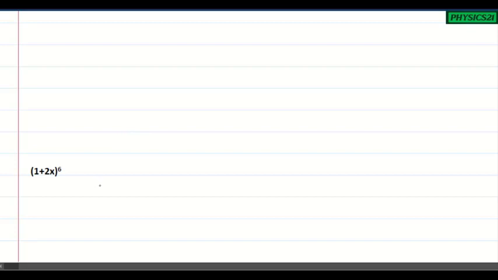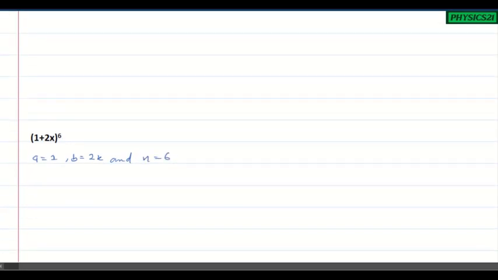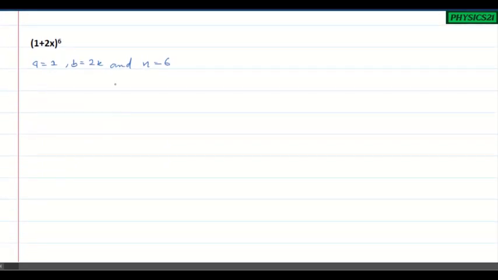In question 3, as we compare with the standard expression (a + b)^n, in place of a here is 1, in place of b is 2x, and finally the value of n is 6. So we can expand that using the binomial theorem. What will be the expansion? (1 + 2x)^6 equals to